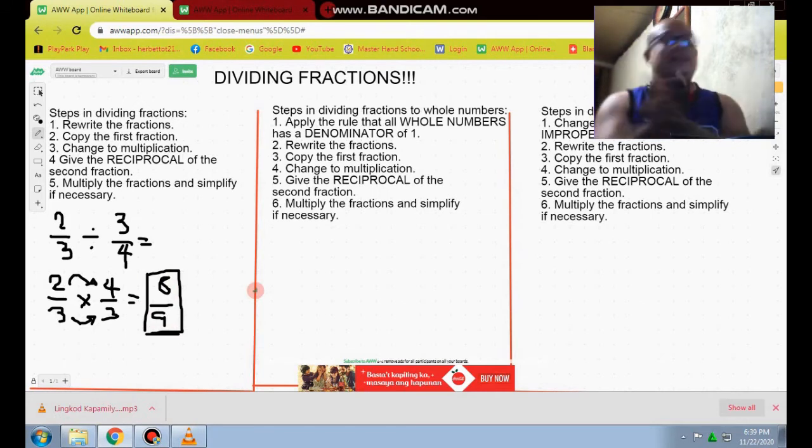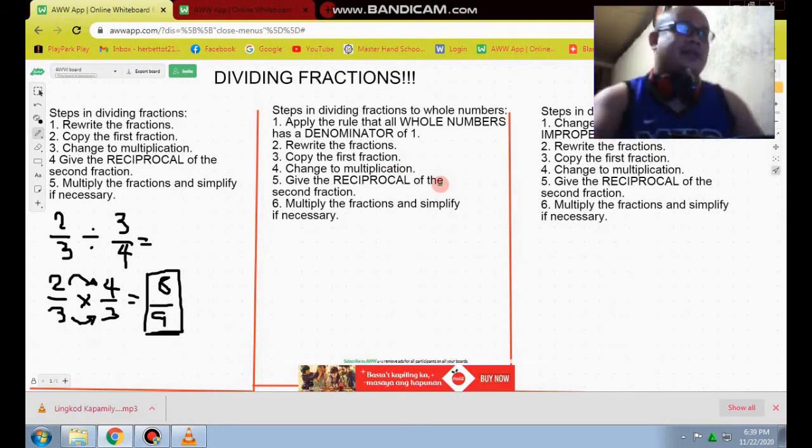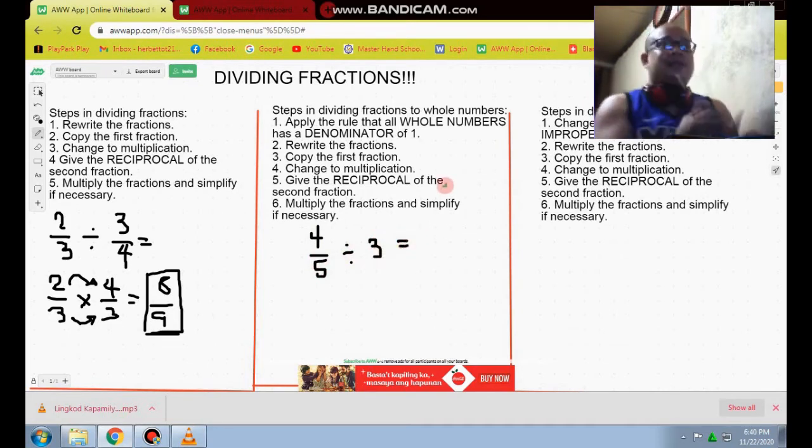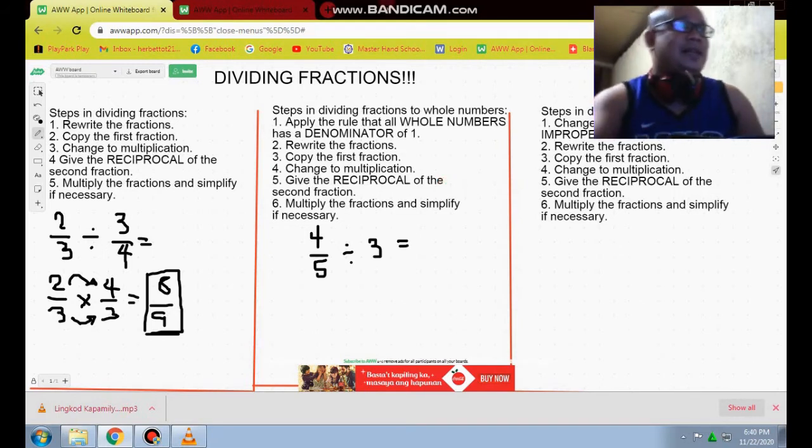Okay? So next, dito tayo sa sunod, steps in dividing fractions to whole numbers or vice versa, whole numbers to fractions. Okay? So for example, I have 4/5 divided by 3. Okay? So the first step is to apply the rule that all whole numbers has a denominator of 1. Okay, so yung rule natin of whole numbers to fractions, right? That all whole numbers has a denominator of 1. So apply natin yan una. And then next is to rewrite the